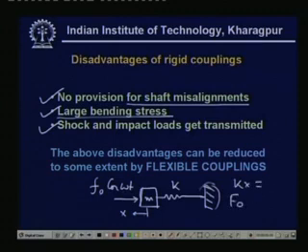If you calculate, you get F0 divided by 1 minus omega by omega natural square,